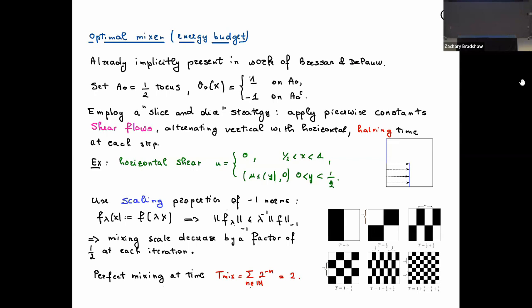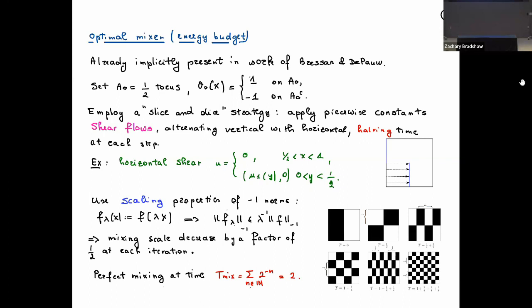So here is my example. I should say that we rediscovered it, Charlie and myself and other collaborators, but in fact it was already implicitly present in the work of Valberto Balsan, and in a slightly different configuration also in the work of Nicolas Depot. They were actually interested in non-uniqueness of the solution, and I will come back to the issue of non-uniqueness a little bit later on.